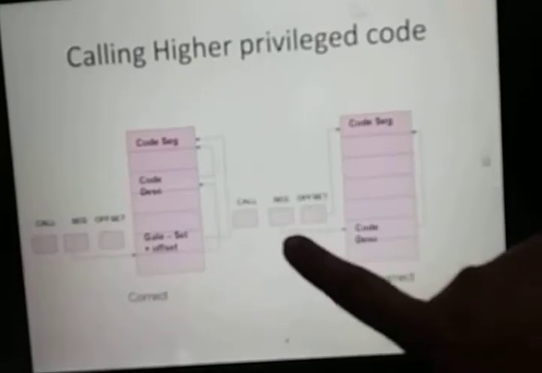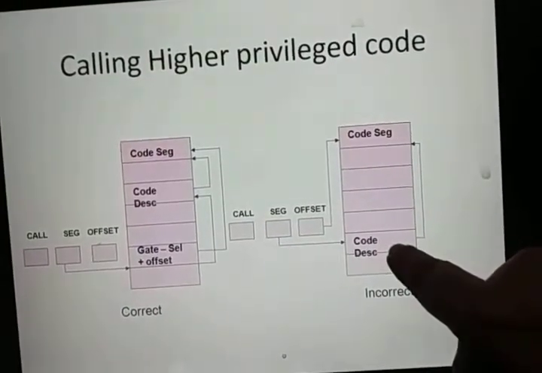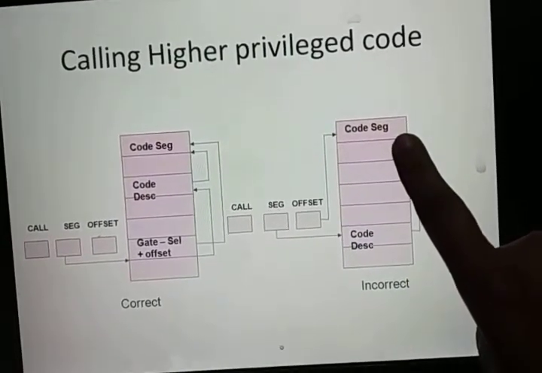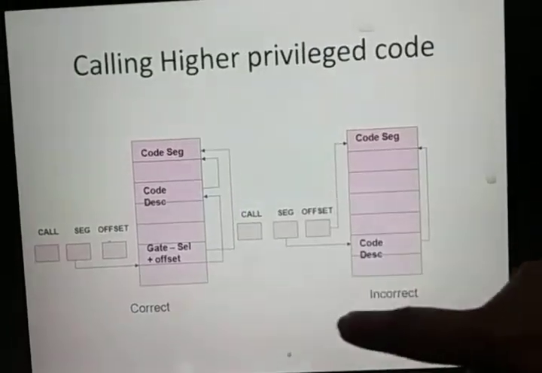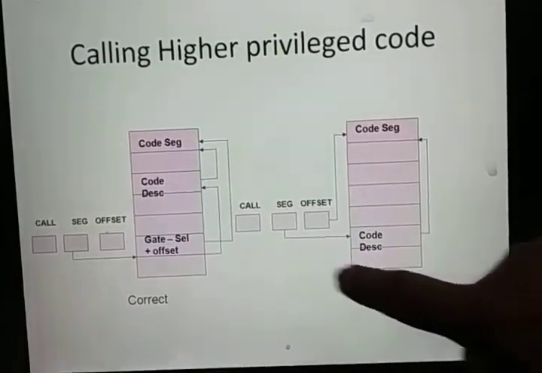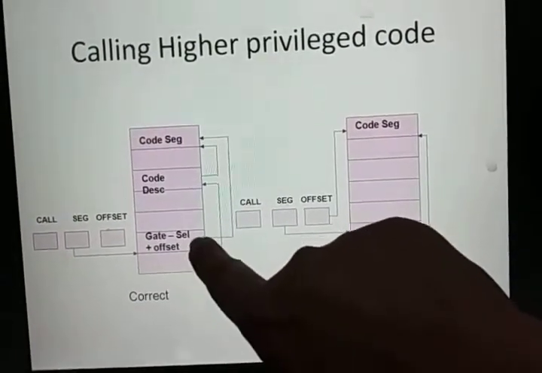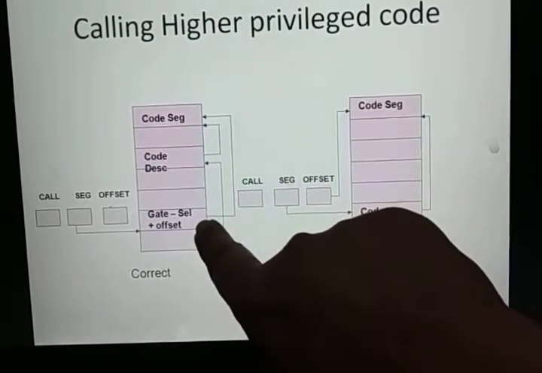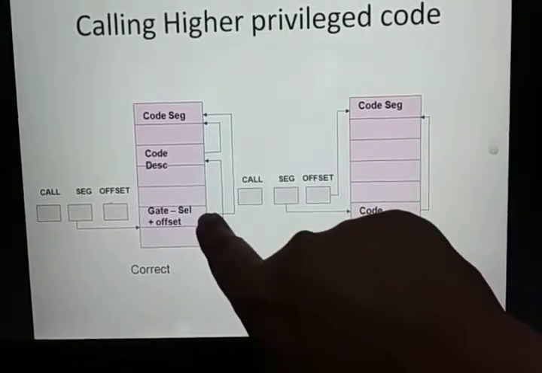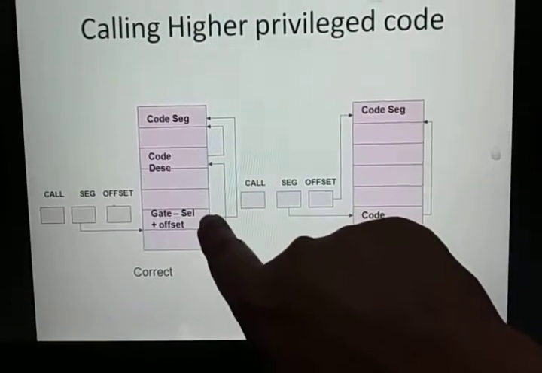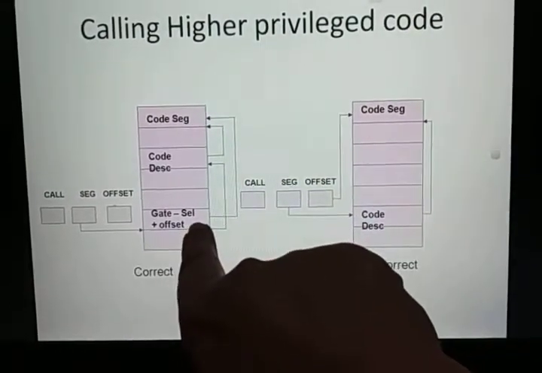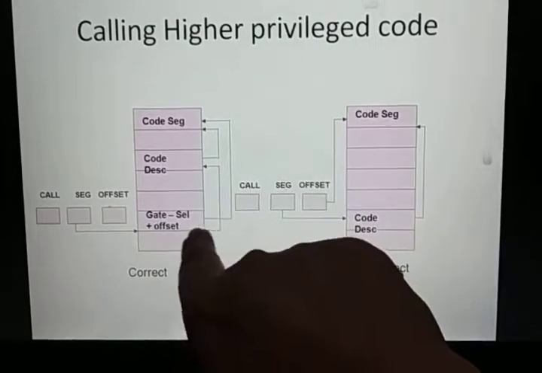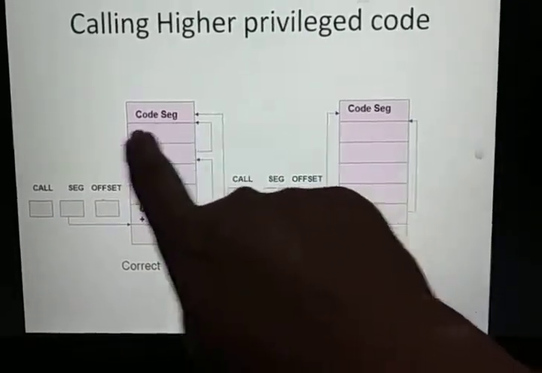In this diagram, this is incorrect because you find the code segment descriptor, which is the base address, and when you combine it with the offset value, you find the target code segment. But this is only true when your privilege level is higher and you want to access lower privilege level data. This other one is correct because first we have to reach the call gate procedure. This will change our privilege level. It works like an intermediary. So the segment field provides the base address of the call gate field, which provides the base address of the target code segment, and when you add the offset value, you find the target code segment.